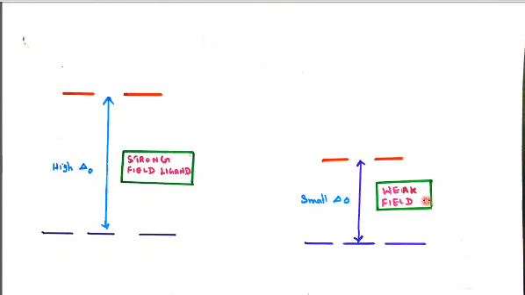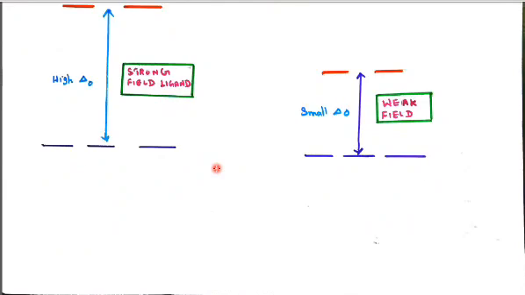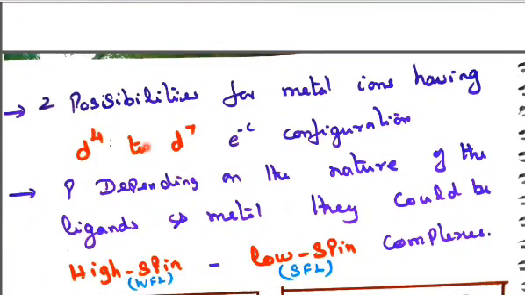In the case of a weak field ligand, the gap is very small. So first, according to Hund's rule, one electron in each will fill in t2g. Afterwards, the fourth electron will immediately jump to the higher energy level of eg before pairing up. So no pairing takes place here. Whether pairing takes place depends upon strong field ligand or weak field ligand. Already I told you carbon, nitrogen, oxygen, halogen: these are the order of the strength of the ligand.